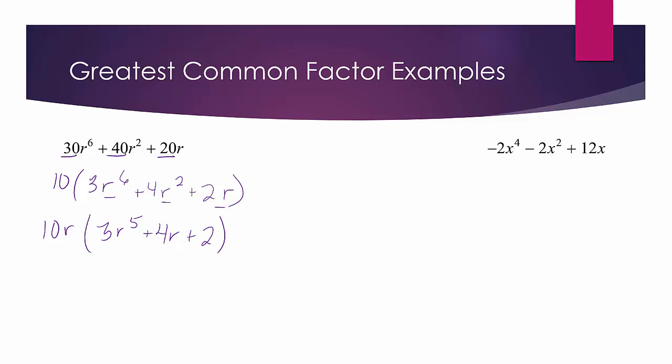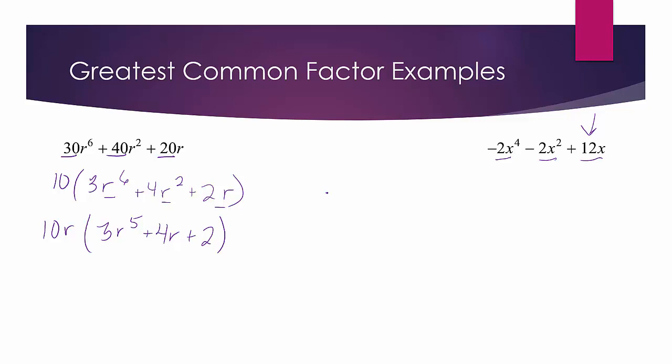So now let's look at negative 2x to the 4th minus 2x squared plus 12x. So we can pull out a negative 2, a negative 2, and a negative 2. Now you're probably saying, but that's a positive number. Sure, we can pull out a negative out of a positive number. Let's try it. So let's pull out